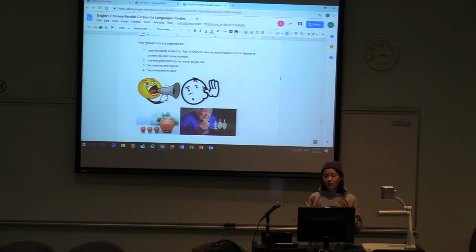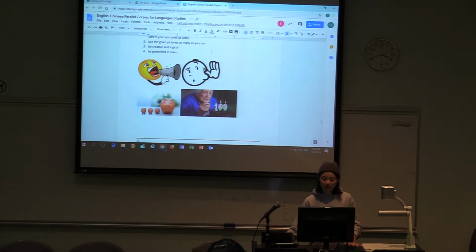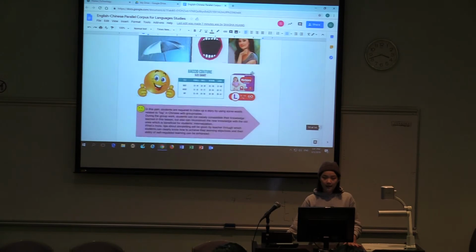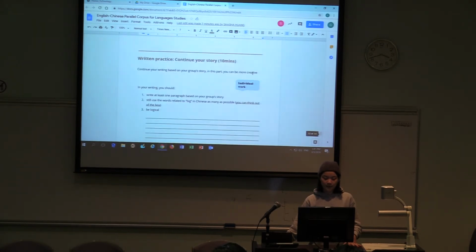But we encourage our students to use the words related to "big" in Chinese to make up a story as much as they can, and they should use the pictures as much as they can, but there are no other limitations for them. And the next part is the written practice. In this part, we decide to let the students continue their story, and this part is an individual work,